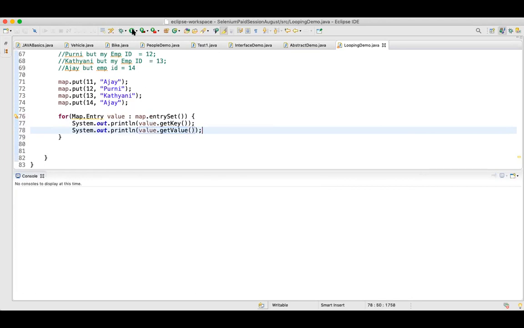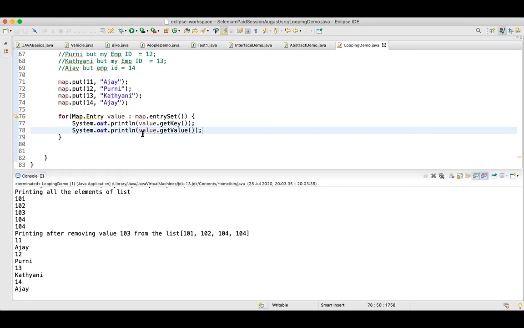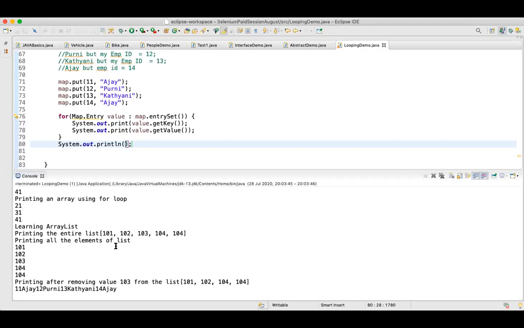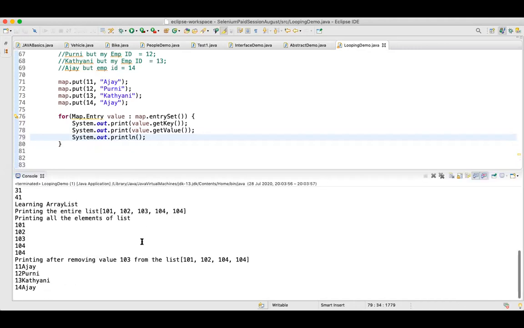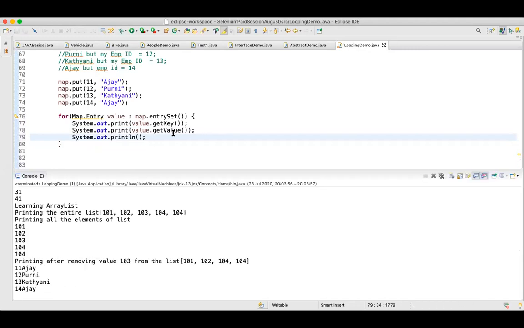Now when I run this, can you see this? Instead of using println, I'll use print, so that it's aligned for reading purposes. Okay, just for readability.